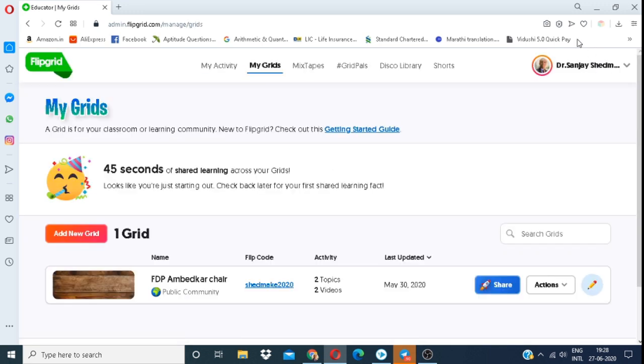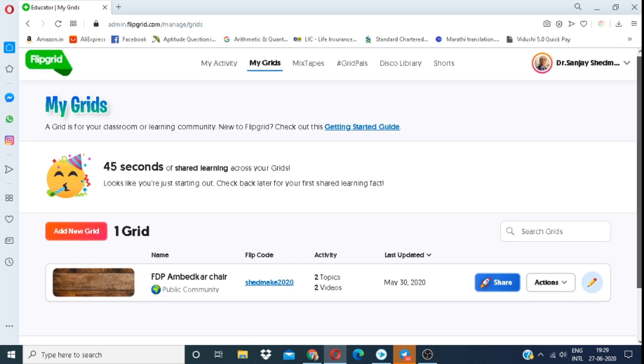I have already signed up using my Google account. You can easily sign up using your Microsoft account or your Google account. Now, to add to that, your students don't necessarily have to sign up. What they can do is use a simple code which you will generate, with the help of which they can easily access this platform. I'll teach you how to do that. But before that, let's take a brief tour around this platform.